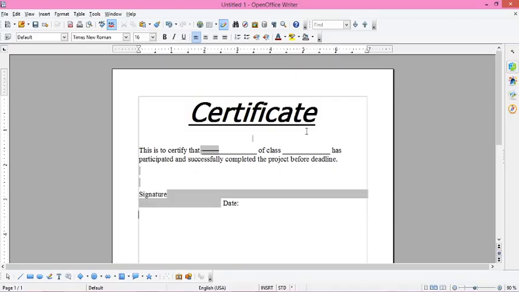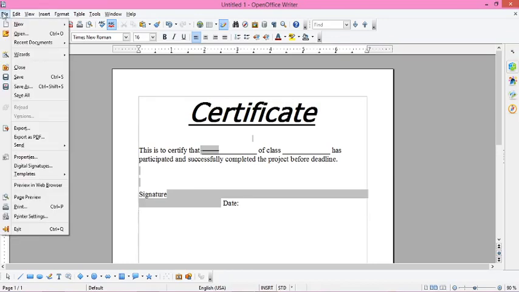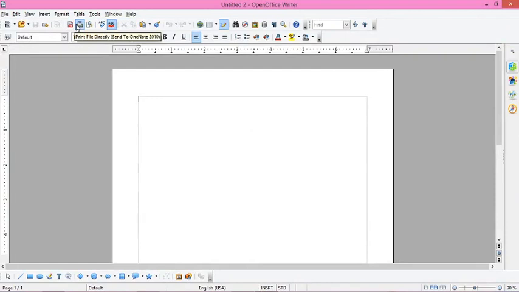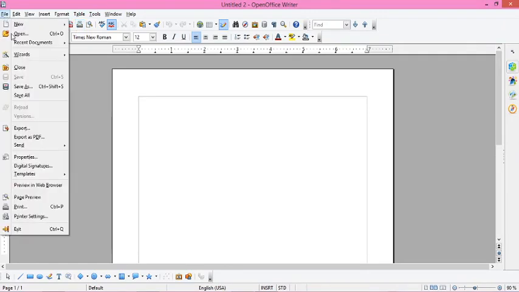So here I have already created a template, and let's check how we can reuse it. I am going to create a new Writer document. This is a fresh document that I have opened, and now I want to use the template that I have already saved. How can we open that, edit it and save it as a document? Again, for that we need to go to the File menu item. From here we will select the Templates option, and here is the option Organize.